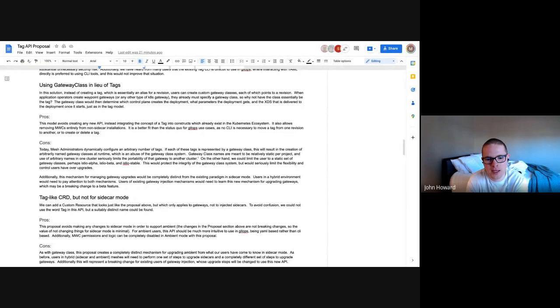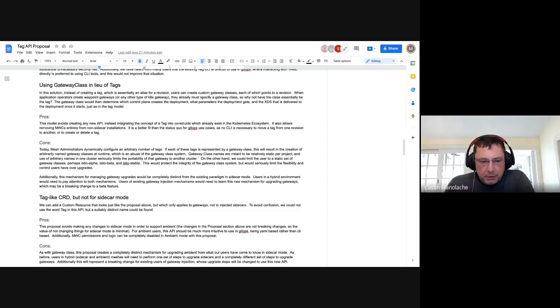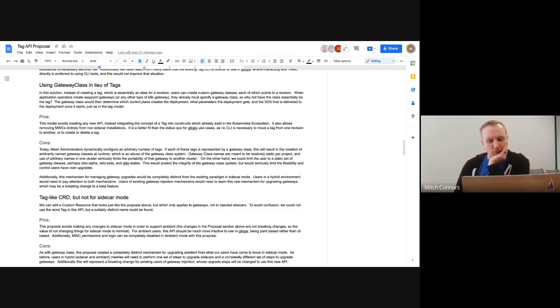I'm just not sure why we can't just stick with the webhook in the short term. Like, what is a config map short term? I think I agree with Mitch's concern. I don't want to go from webhook to config map to tag. But I'm not sure why we need the intermediate state. Can we just stick with webhook for now, and if we want to do tag later, we go to tag? Sorry, I would be more in favor of that than an intermediate API.